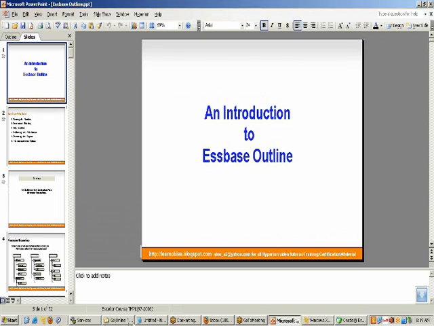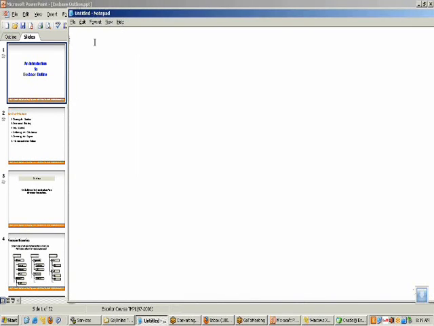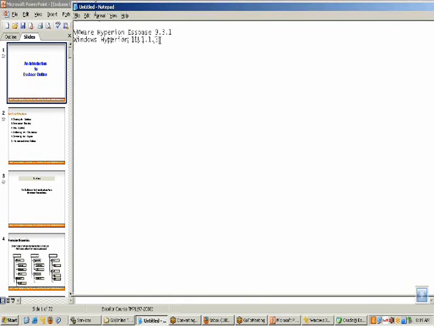I've got two Essbase servers. In VMware, I've got one server called Hyperion Essbase 931, and I've got a server in Windows 2003. I've got server 11113. So Hyperion Essbase is capable enough to work in a cross version environment. Also, we'll see in this example, Essbase server 11113 is going to be monitored or administered from